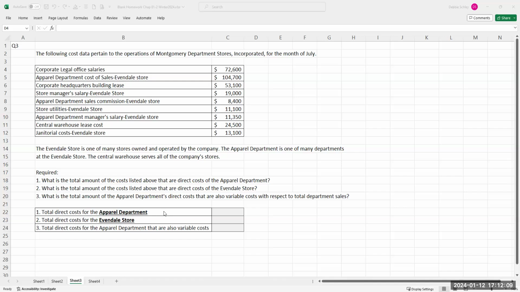Now we need to figure out what can be traced directly back to the apparel department. Corporate legal office salaries, no, that's corporate. We cannot tie that directly back to the apparel department. Here we go. Apparel department cost of sales at Avondale store,